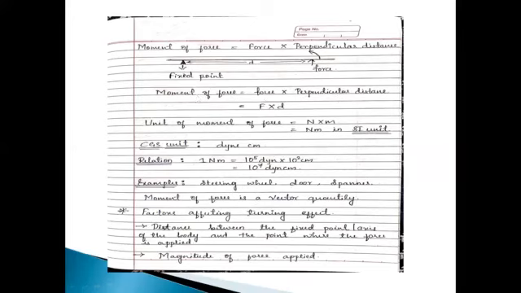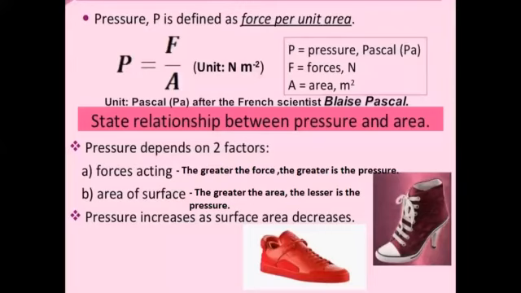Next one, what is pressure? Okay, pressure is defined as force per unit area. See here, just using your finger, apply some pressure on your palm. Apply some force on your palm. So you feel some kind of force acting on the palm at that point. That is nothing but pressure. So pressure is nothing but force per unit area. Per unit area, whatever the amount of force is acting, that is known as pressure.